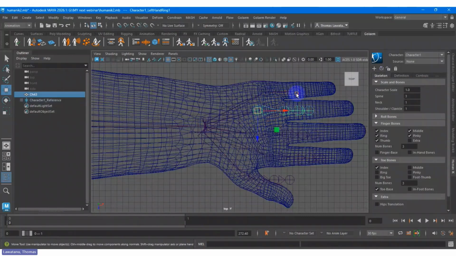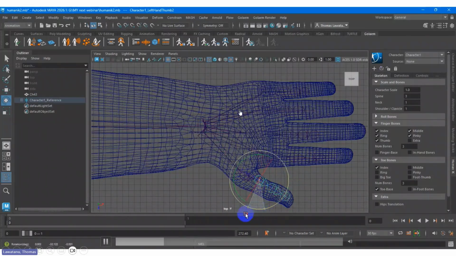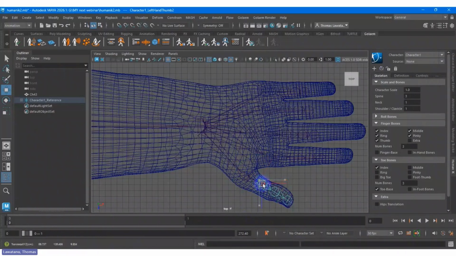That's why you need to consider how to fit your rig with your character, and adjust one by one.